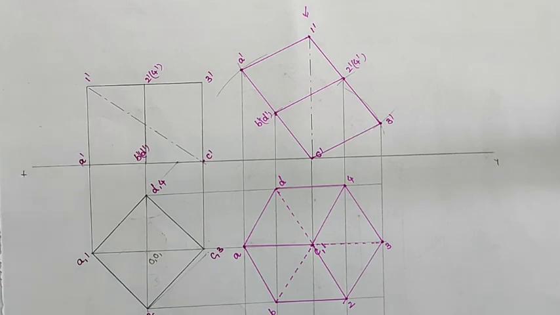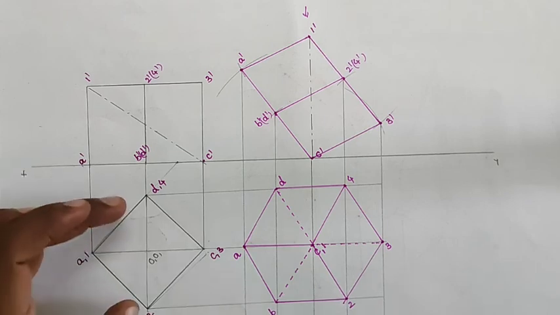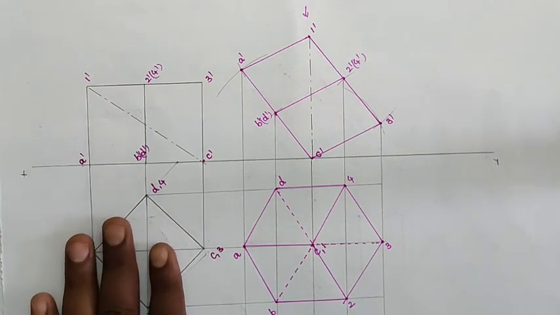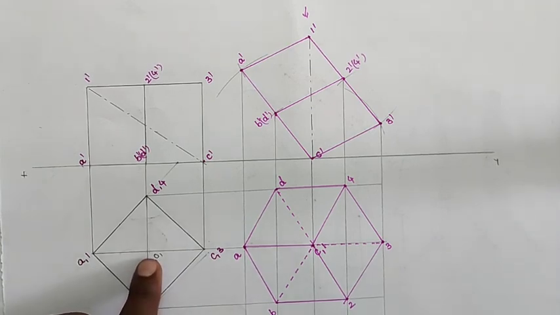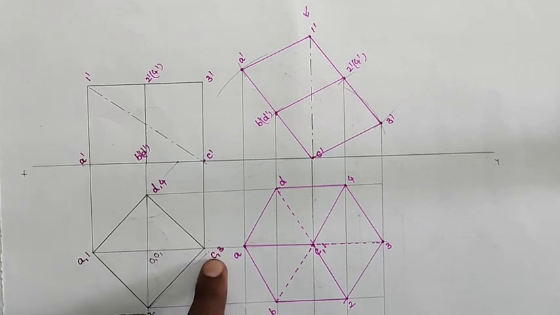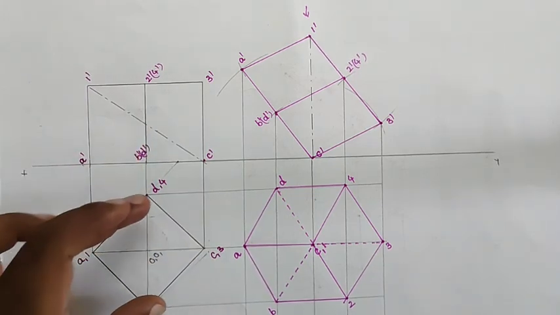So when a cube of edge 45 mm is resting on its corner on the HP with a solid diagonal vertical, in this position we can assume the corner is on the HP, which means we can assume the axis perpendicular to HP, and we will draw the top view of our diagram. How will we draw the top view? Whenever a corner is given, the line joining from the center to that corner, the fixed corner, is parallel to the reference line, so that we will draw the cube.